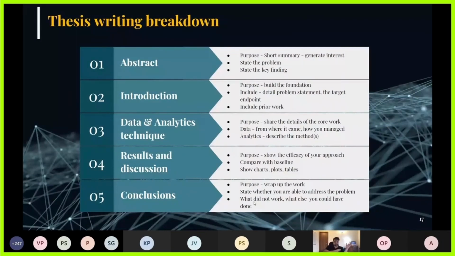Now, this is about the thesis. What else do you have to do? You have to present. You also have to